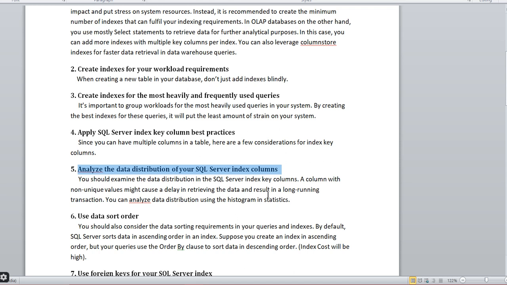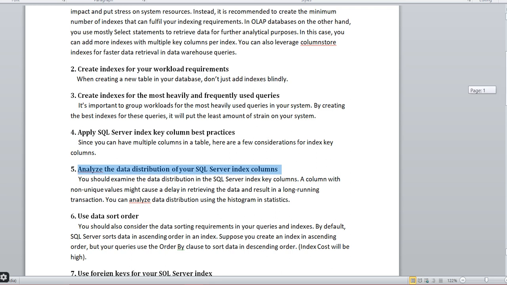So for the SQL Server Index key column, you need to analyze the load of that particular column. Suppose a table has so many records and every time you are fetching the data from only a specific column, not the entire rows and not all the columns. If you fetch the data like that, then you need to analyze the distribution of the load. Based on that you create an index. Also only those columns should be involved in a particular index.